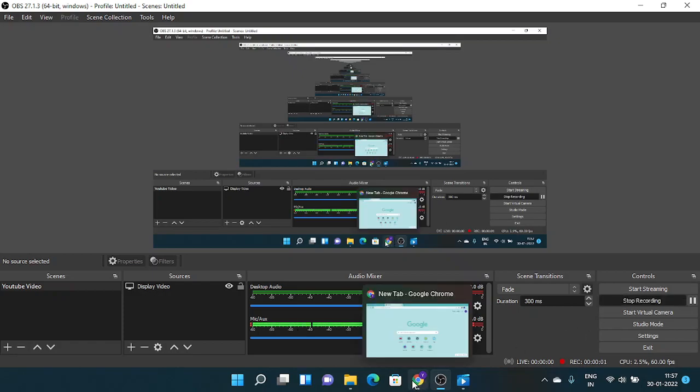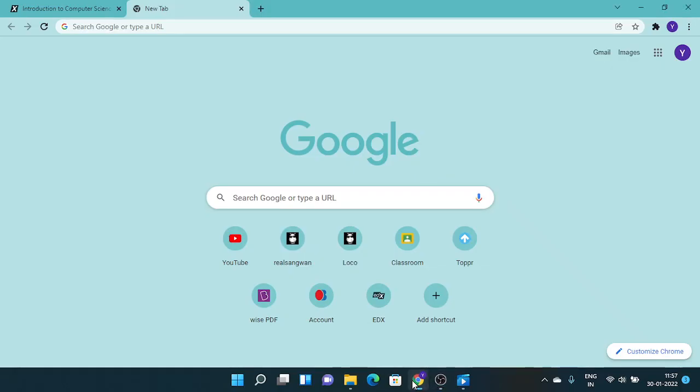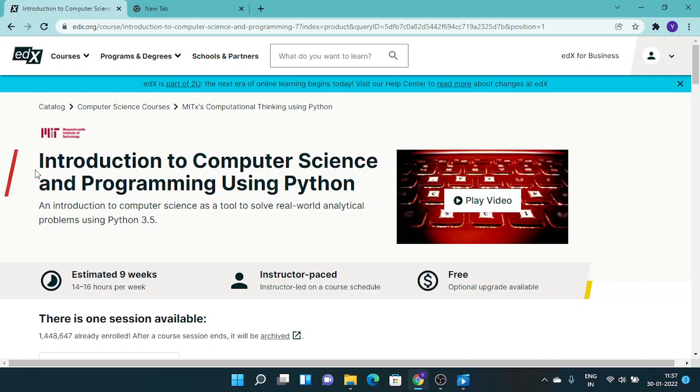Hello friends, today we are going to see a computer science course from MIT. Just click the link in the description. You just need to type programming using Python and you will get this page from MIT, Introduction to Computer Science